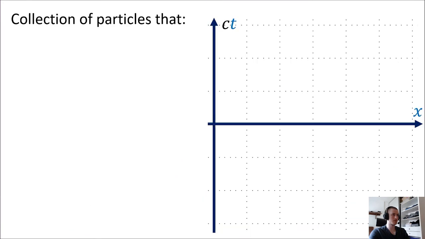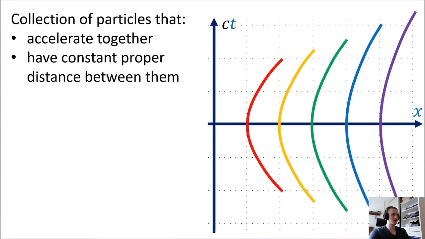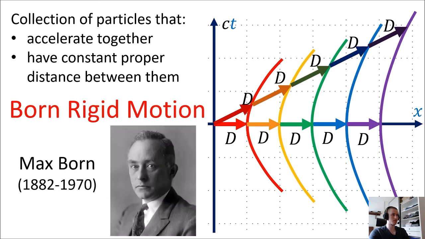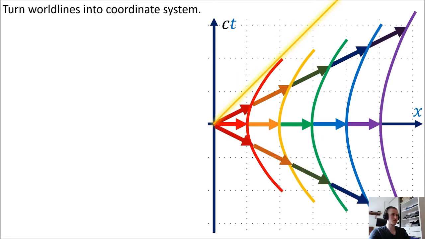When we have a collection of particles that accelerate together in such a way that the proper distances between them do not change, we call this Born rigid motion, after the physicist Max Born. And again, note that all of these spaceships have a common Rindler horizon located at the origin. We can take this collection of world lines for accelerating spaceships and use them to build a curvilinear coordinate system